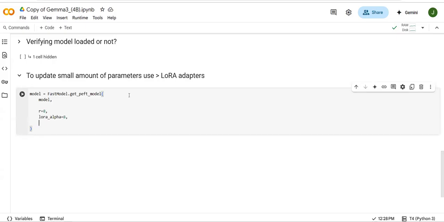So I'm just taking it as 8 again, and LoRa dropout. It specifies which layers, or how many layers, you want to drop out so that the knowledge dependency will be reduced. Currently I did not drop out any layers or any knowledge, so I'm providing it as 0, and I'm specifying bias as none,